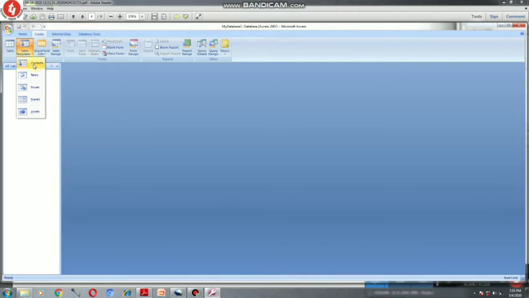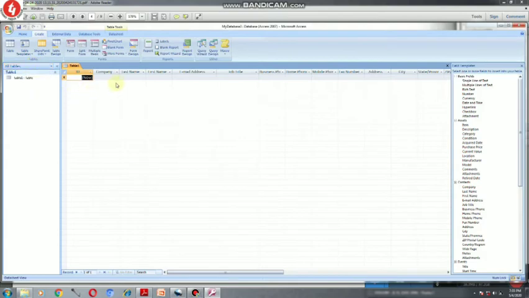As I am clicking on the contacts, let's see what will happen. Now once I click on the contacts, I am getting a ready-made table with those fields like ID, company, last name, first name, email address, job title. These are all fields. That means one table is there inside this Access and I want to use that table. Suppose if you do not know how to create fields, or what the data types are, then table templates will be easy for you to start.